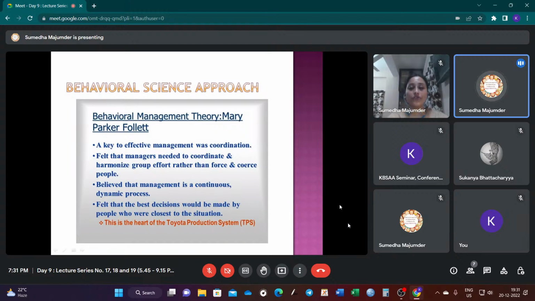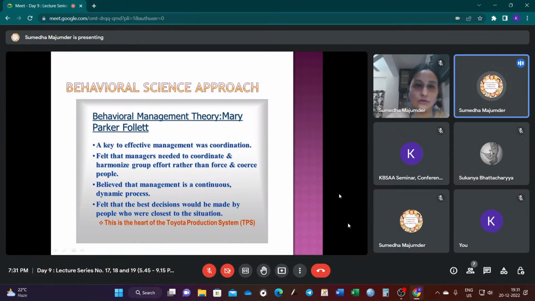তো বিহেভিয়ারাল সায়েন্স অ্যাপ্রোচ যেটা মেরি পার্কার ফলেট, she is also known as the mother of modern management, তার এই অ্যাপ্রোচ থেকে আমরা যেটা বুঝতে পারি সেটা হচ্ছে যে একটা বিজনেস ভালোভাবে চলছে কি চলছে না সেটা আমরা ডেফিনেটলি অ্যাকাউন্টস এর ভিউ থেকে দেখবো যে প্রফিট হচ্ছে কি ভালো হচ্ছে না, কিন্তু যখন আমরা ম্যানেজমেন্টের দিক থেকে দেখছি তখন আমরা দেখছি অপটিমাম ইউটিলাইজেশন অফ রিসোর্সেস হচ্ছে কি হচ্ছে না। Because যে কোনো বিজনেসের ক্ষেত্রে রিসোর্স is the limiting factor। তাহলে যদি আমাকে অপটিমাম ইউটিলাইজেশন অফ রিসোর্স করতে হয় তাহলে সেখানে গ্রুপ এফোর্ট, that means teamwork, is important।